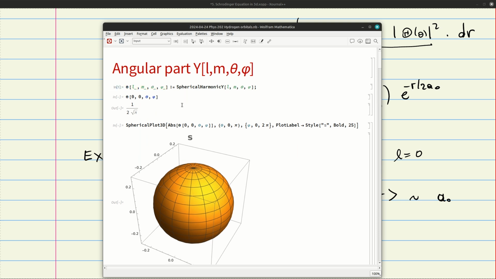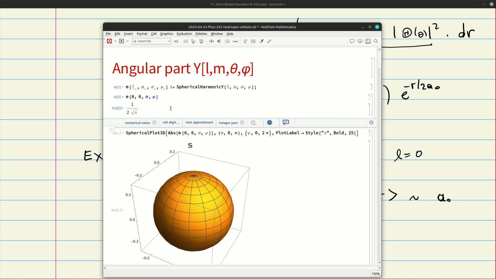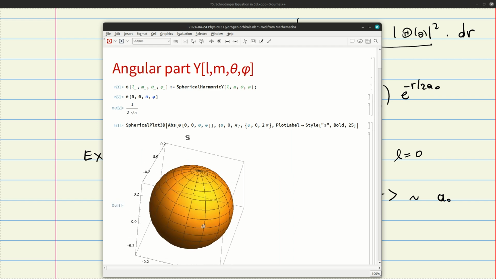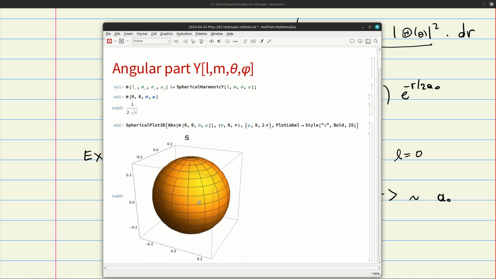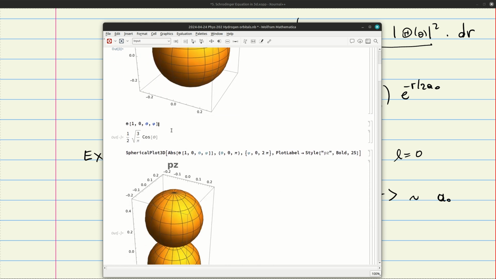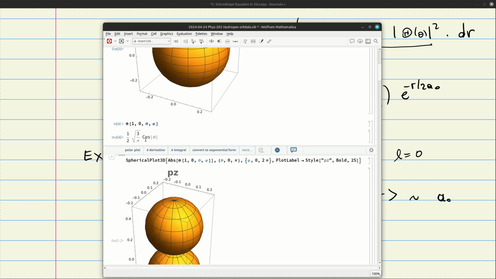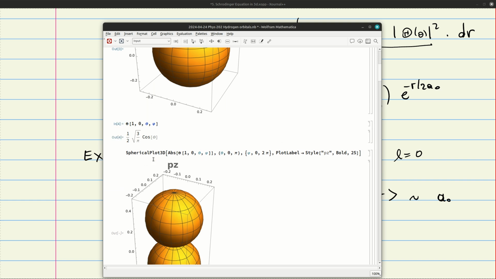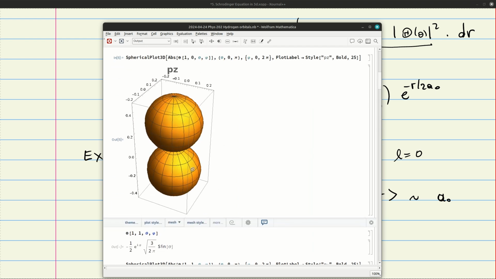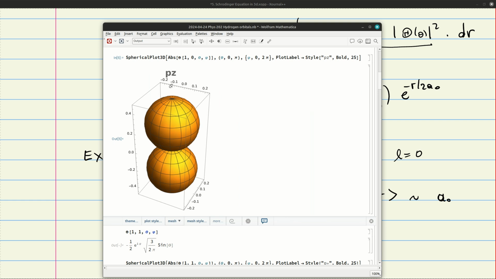For example, let me show you the first one. This is 1 over 4 pi, the one I showed you. And I can, for example, do it in 3 dimensions, right? I can hold it and poke it around to see how it works. I can look at the 1, 0 function. This is exactly what I showed you. This is cosine, and I can draw it. You can see this is kind of like a dumbbell, and I call this PZ because this is